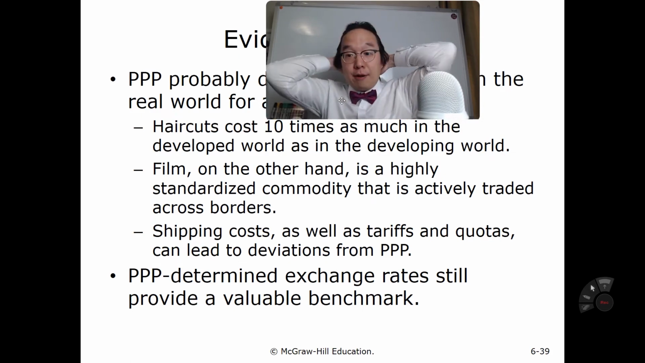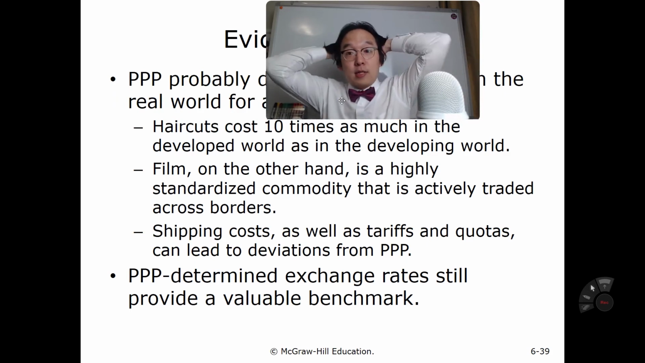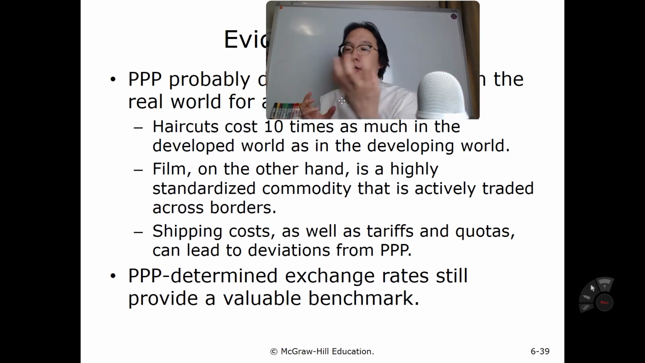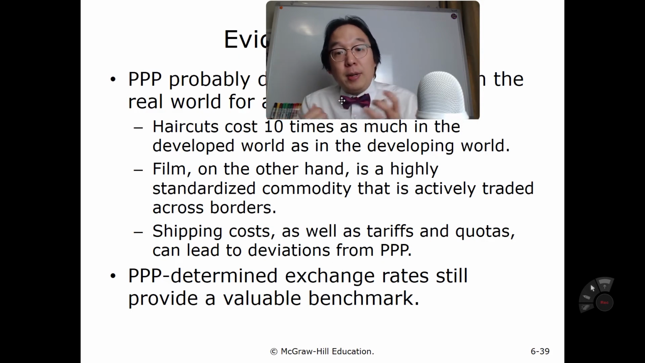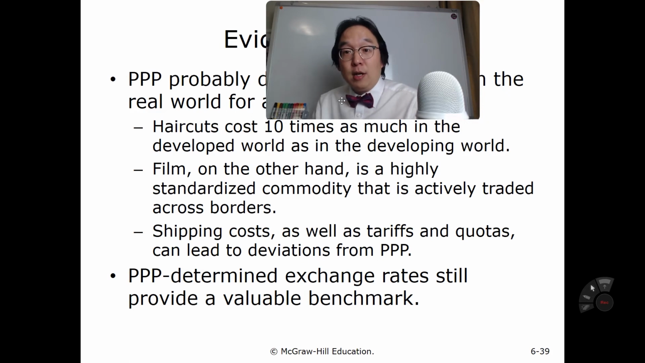Shipping costs, tariffs, and quotas. Quotas, like what? Trading a certain amount exchanged, and can lead to deviations from PPP. It's quantity-based trading, quota, instead of price-based ones. So that's why PPP-determined exchange rates still provide a valuable benchmark. And then